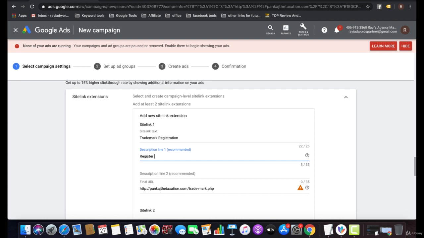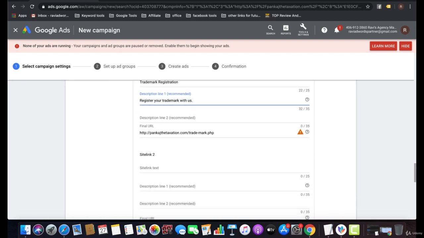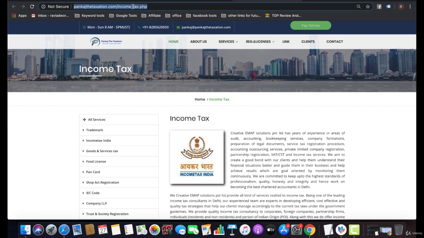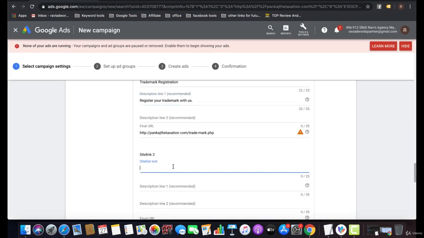then I have to fill up the description of my site link, like register your trademark more effectively. Now I can create a second site link as well.